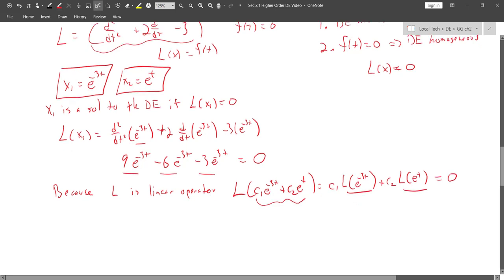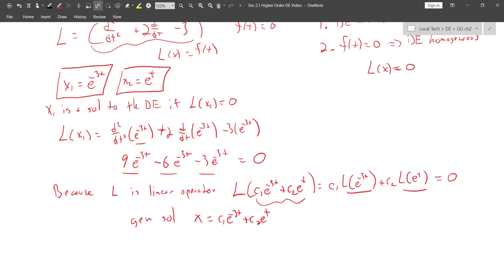So, for a homogeneous linear differential equation with constant coefficients, because it's linear, we know that any multiple of a solution is also a solution, and the sum of solutions are also solutions. This means we can form a general solution to be C1 e to the negative 3t plus C2 e to the t, because any linear combination of our two solutions is also a solution. Or more generally,